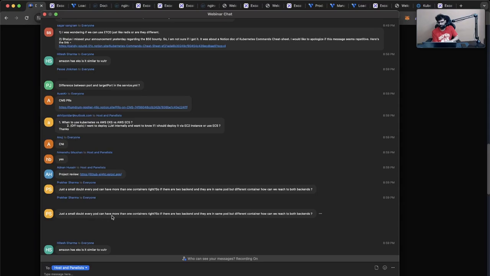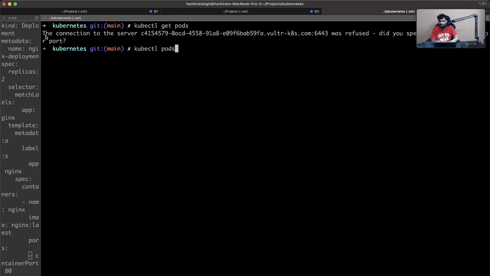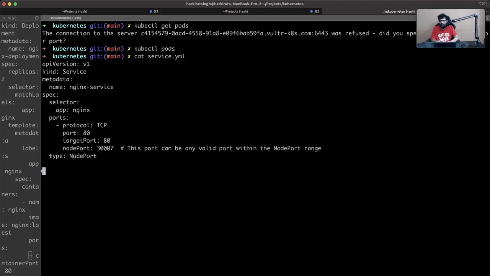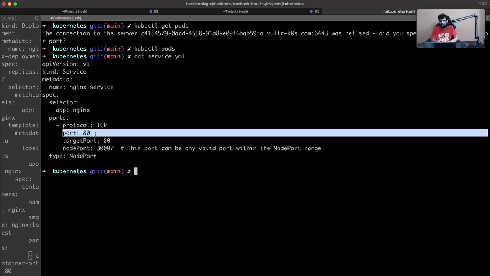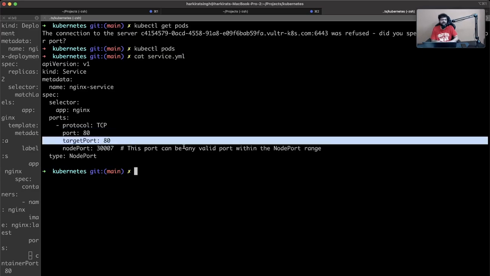Just a small doubt. Every pod can have more than one container, right? Yes. So if there are two backends and they are in the same pod but different containers, how can we reach both the backends? You can have different services, right? So you can have one service that points to port 80 on the machine, another service that points to port 81 on the machine. That way,